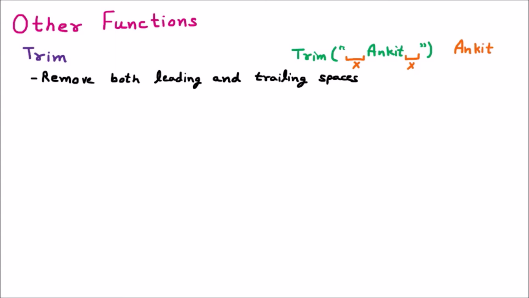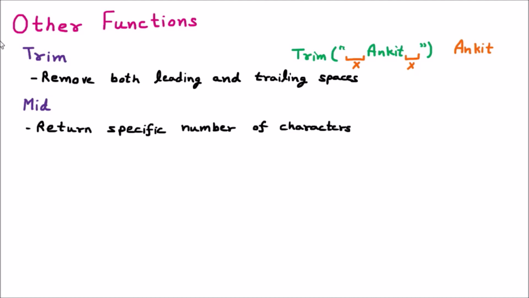Now we are discussing the next function, which is the mid. Mid stands for middle. If we are having a string and we want to take specific characters, then the mid is used. So mid is going to return a specific number of characters. Let us suppose that we are using this mid here. Then afterward in the bracket we are passing some string. Let us suppose that ANKIT, then afterward one space, then VERMA. Ankit Verma we are passing here. And afterward we are passing comma 5. So this is what we are passing.